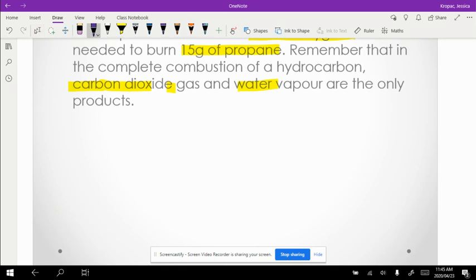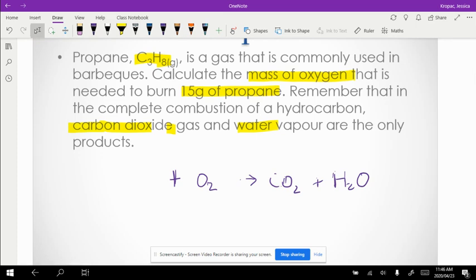We know that in combustion reactions, back to unit 2, one of our reactants is always going to be oxygen. The question has also reminded us that our 2 products are going to be carbon dioxide and our other product is going to be water. Our first reactant was given to us in the question. Our first reactant is propane. So they actually gave you the chemical formula, and that's going to be C3H